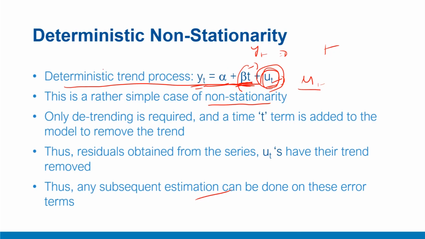Please remember, we have studied two kinds of non-stationarity, stochastic and deterministic. If you apply the wrong treatment, for example, the treatment for deterministic non-stationarity on stochastic non-stationarity by adding a time trend, or vice versa, taking the first difference on deterministic non-stationarity, then the resulting model will not be error free, it will be inefficient, and most probably the non-stationarity will not be removed. So it is better to first understand what kind of non-stationarity is present, stochastic or deterministic, and then treat the process accordingly.